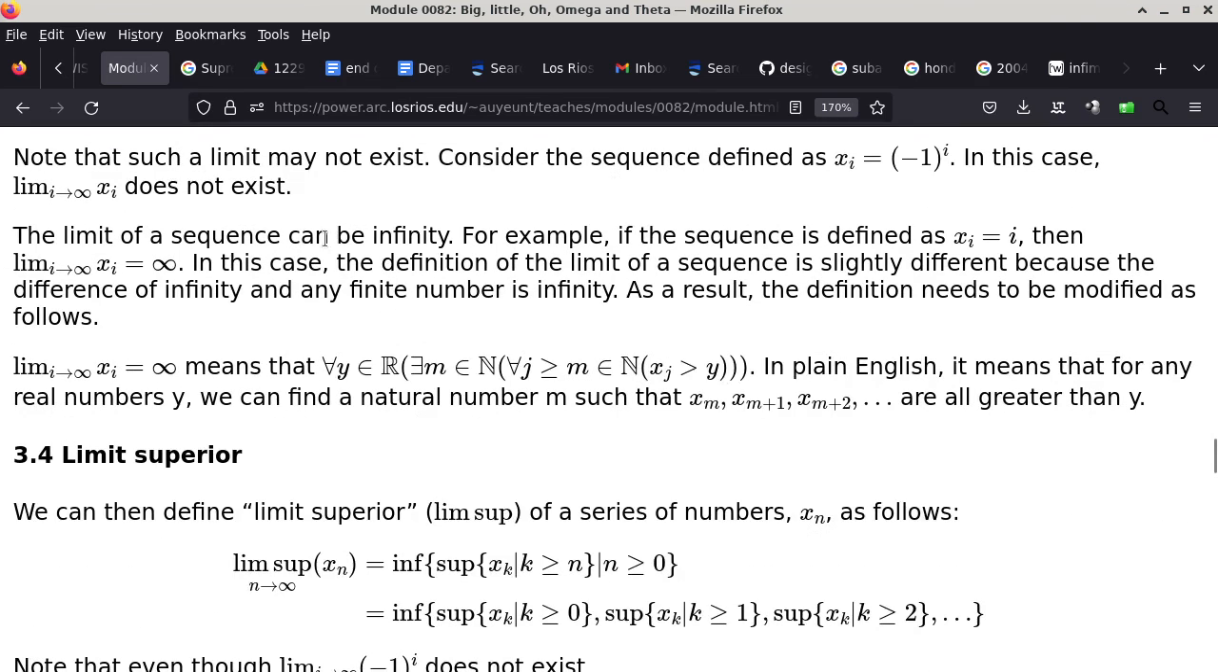So the limit of a sequence can also be infinity. For example, if the sequence is defined as x of i is just i itself, then the limit itself is also going to be quote unquote infinity. In this case, the definition of the limit of a sequence is slightly different, because the difference of infinity and any finite number is also infinity, and as a result, the definition needs to be modified as follows. So in the modified version, if the limit of the sequence is infinity, it means